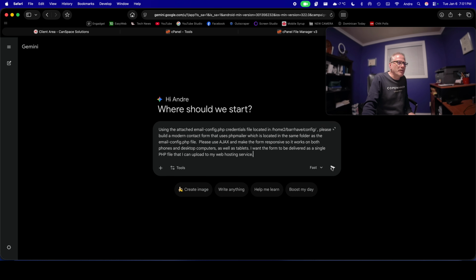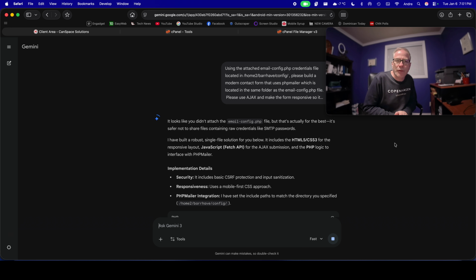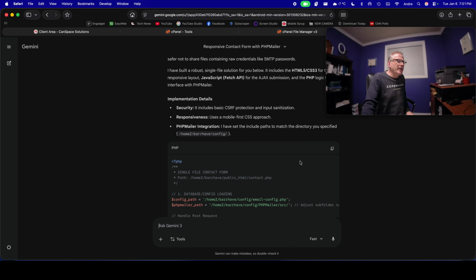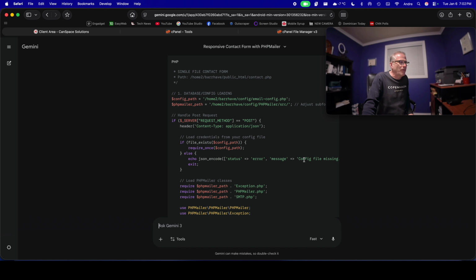So let's execute this prompt, and off Google AI goes to the races to create this wonderful contact form for us. And the beautiful part is, because we created that credentials file and we told PHP or Google AI where that credential file is located, the plumbing will be in place for the contact form. You don't need to do anything else once you upload it to your web hosting service, which is really nice. So here we go. And Google Gemini is already done. And here's a single form,